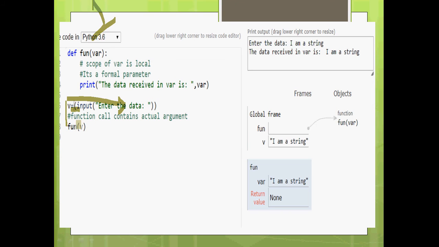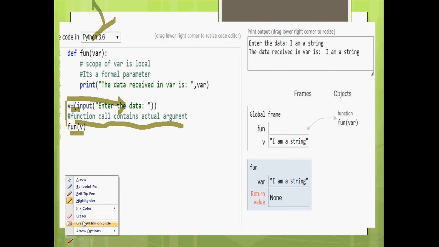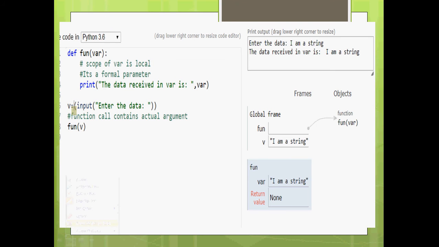Now this is a reminder that the function call contains the actual argument, the original value you have to give in the function call. So v is the original value we received, and it is a string. Then the string is passed to the function. We have a function def1 of var. That means v is passed to var.